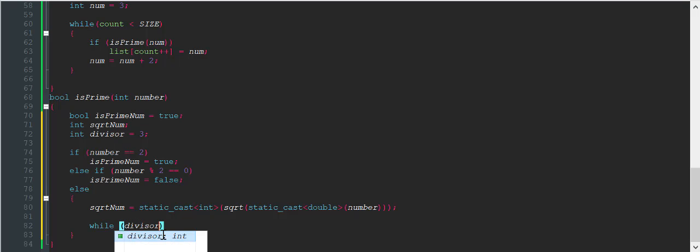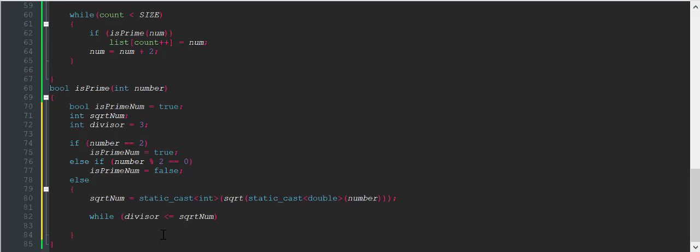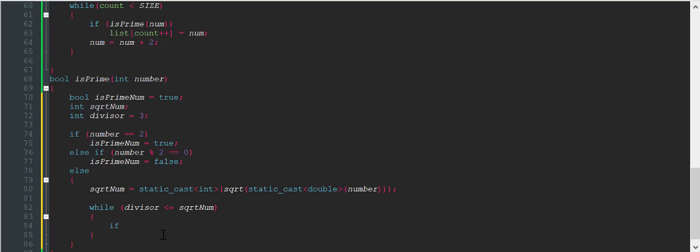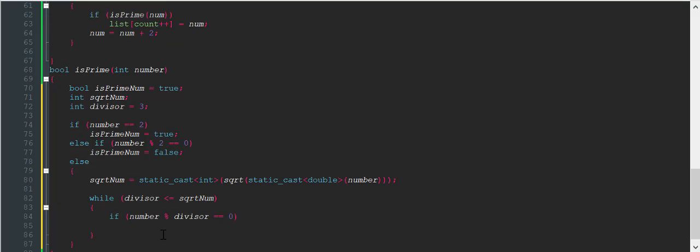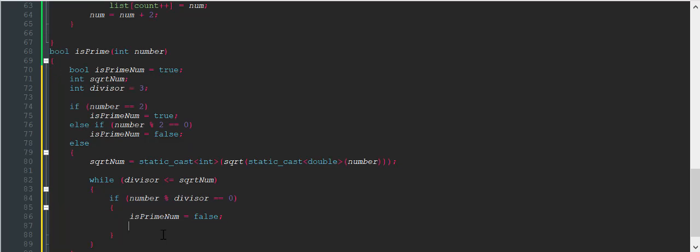divisor is less than or equal to square root num, then if number modulo divisor is equal to 0, then we can write in is prime num is equal to false, and then we break,